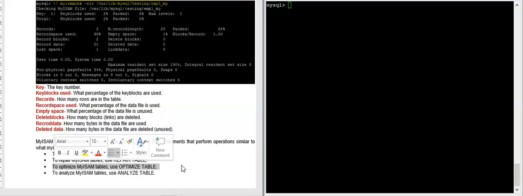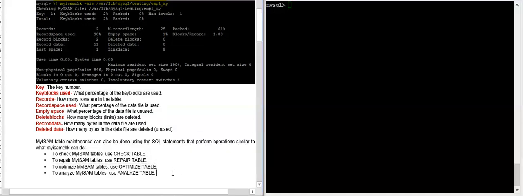So when you run the optimize table command, it will return the deleted spaces to your operating system. In that case, you can use optimize table. Analyze table is basically used to update your statistics so that your optimizer can benefit.